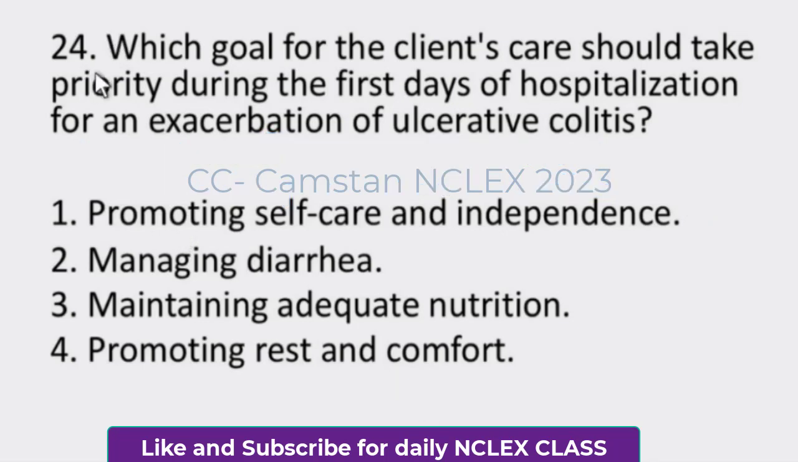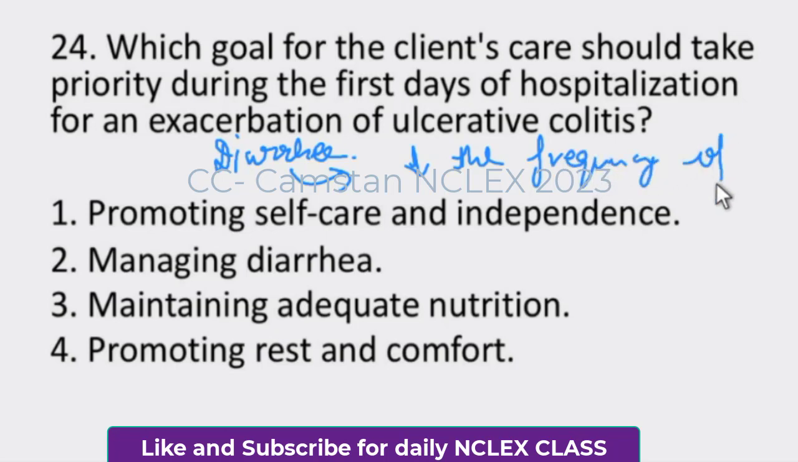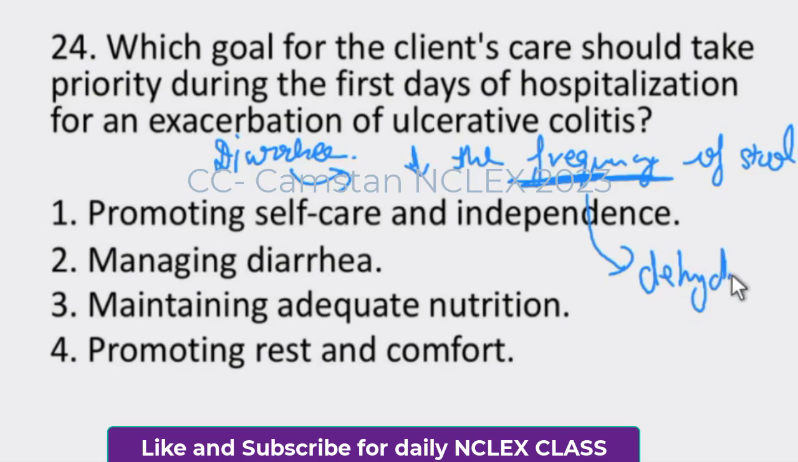Well, diarrhea is the first symptom in an acute exacerbation of ulcerative colitis, right? That's why the first primary choice is to decrease the frequency of stools so that our client does not get dehydrated, right? Diarrhea is the first primary symptom in acute exacerbation of ulcerative colitis, and that's why the primary work